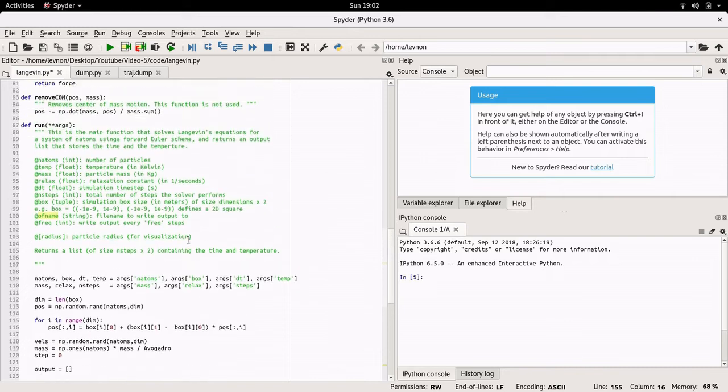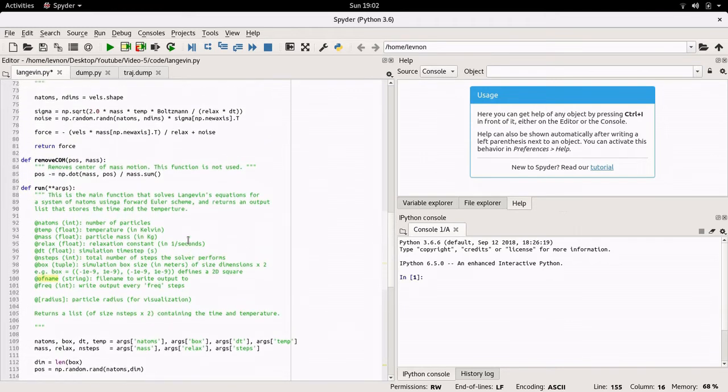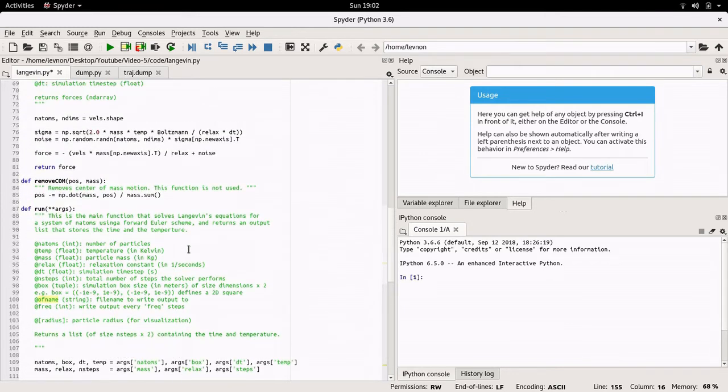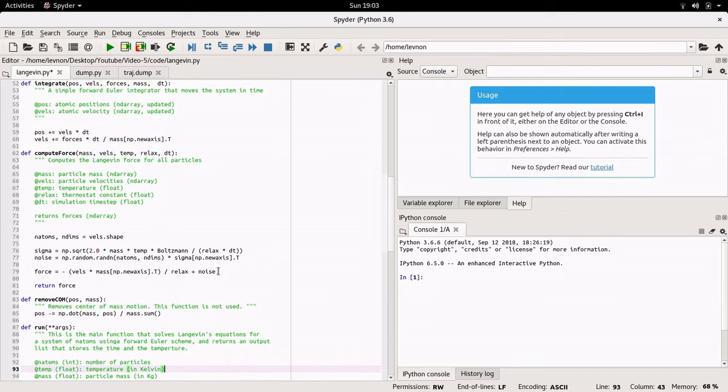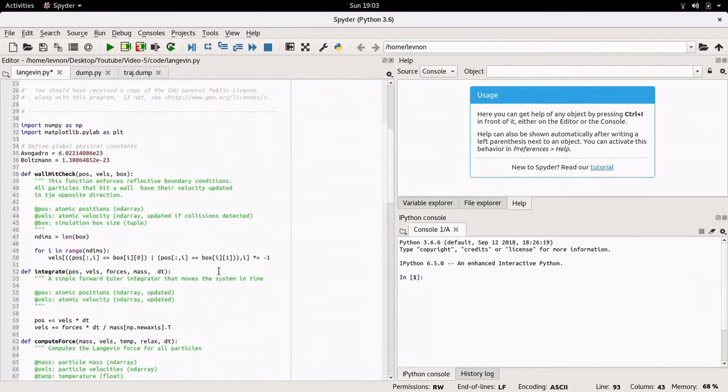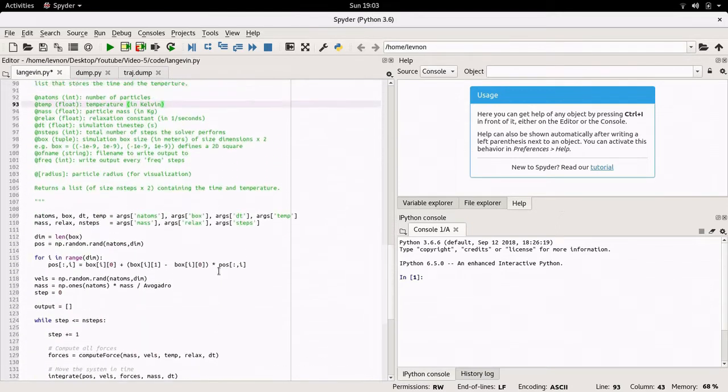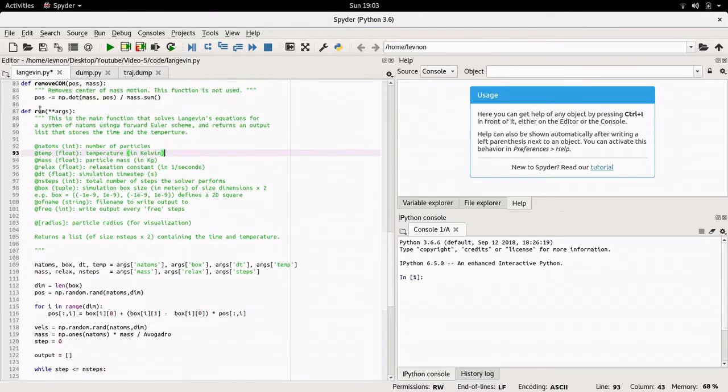You'll notice that in this version of the code, I've included a few comments and also a description of the different functions and the doc strings. And you can download this version of the source code from the link that will be provided in the video description below. The first thing I'm going to do is modify the main solver function run